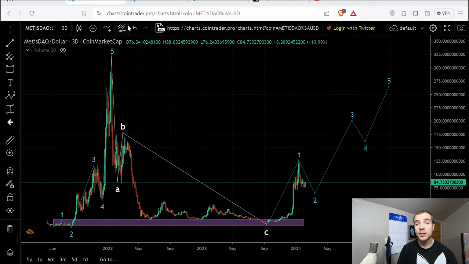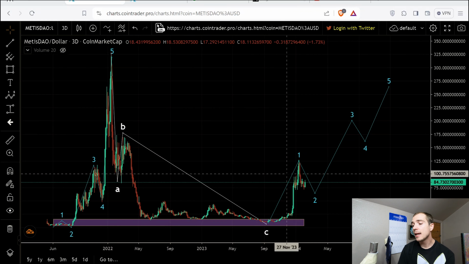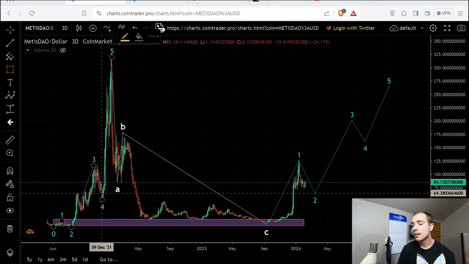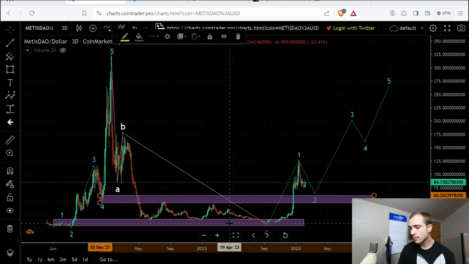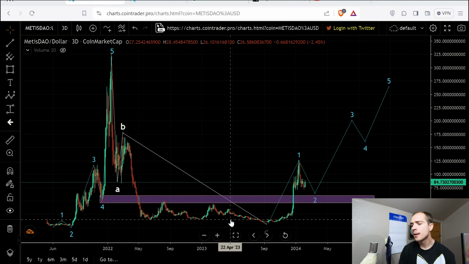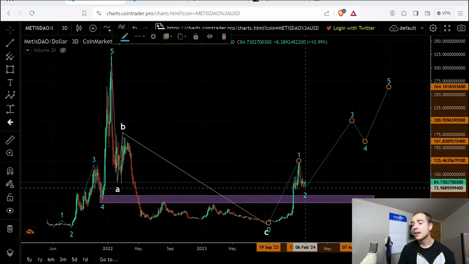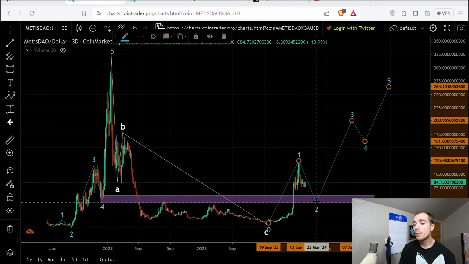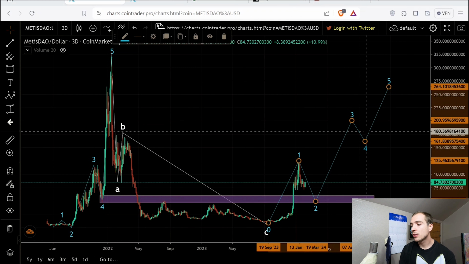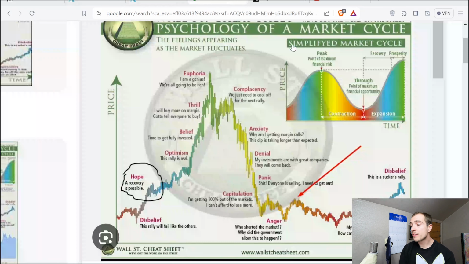I think we are going to find support either at immediate support or that next support zone down right here. Let's go ahead and delete that liquidity zone. So I think we're either going to find support where we're at, or we'll pull back just a little bit more here in wave 2. And then we're going to see a bigger picture reversal and a breakout of that disbelief phase of the cycle and into a new optimism, belief, thrill, euphoria phase of the cycle. What is that going to look like? Well, I think it could look a lot like Injective.